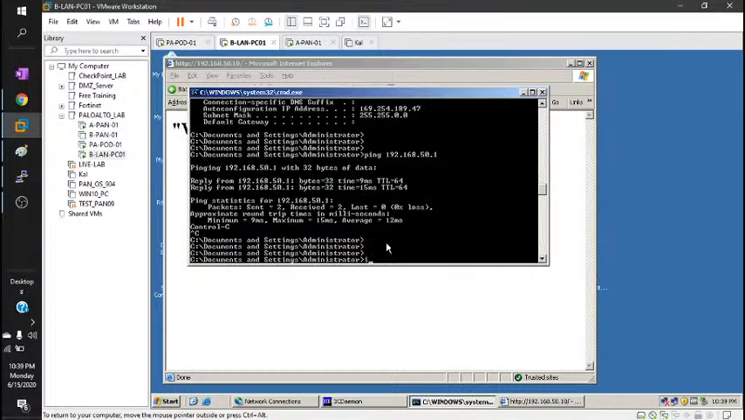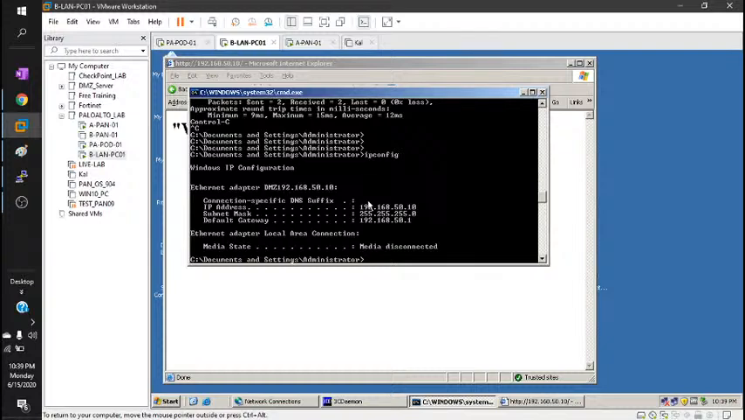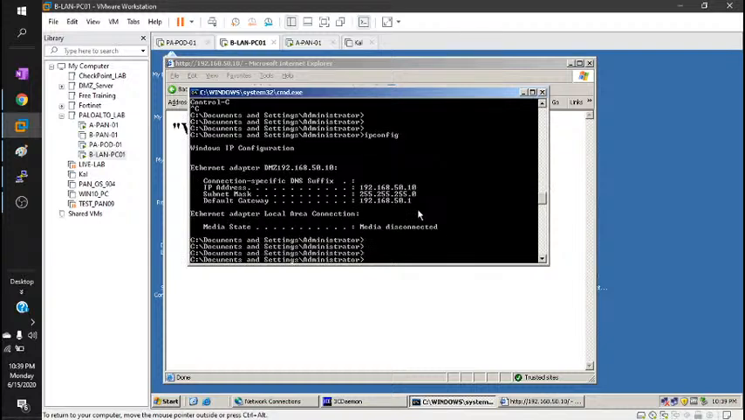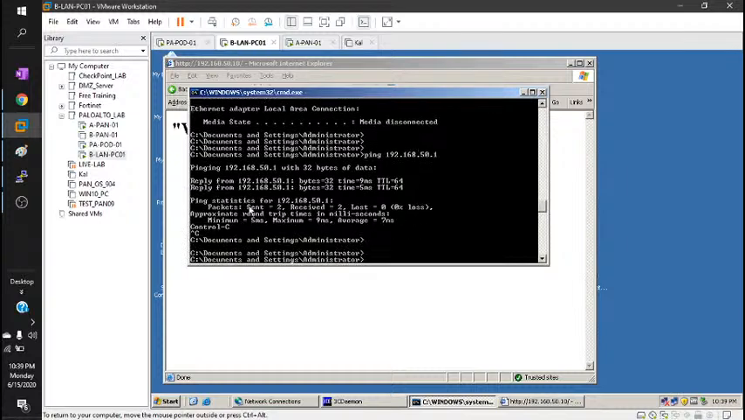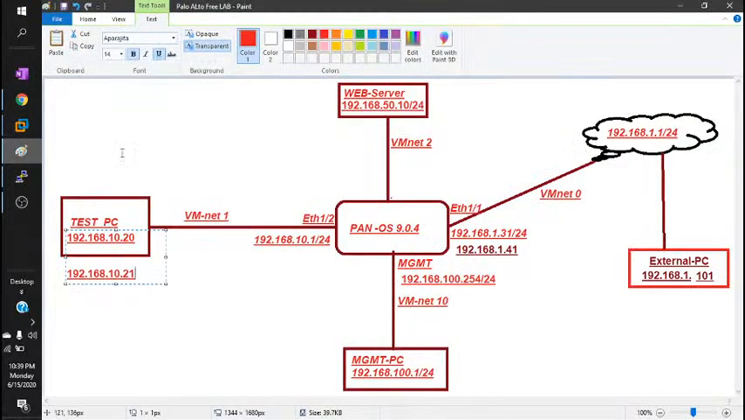ipconfig. So we have 50.1 here. From here, ping 192.168.50.1. We are able to communicate with our firewall. Okay guys, so first of all let's start with